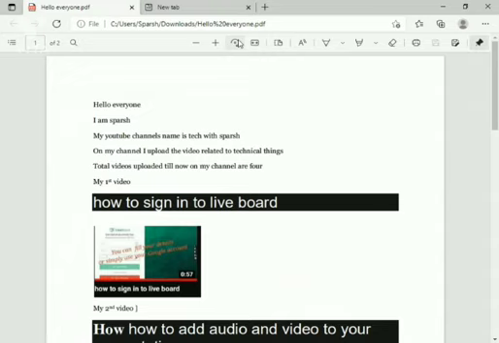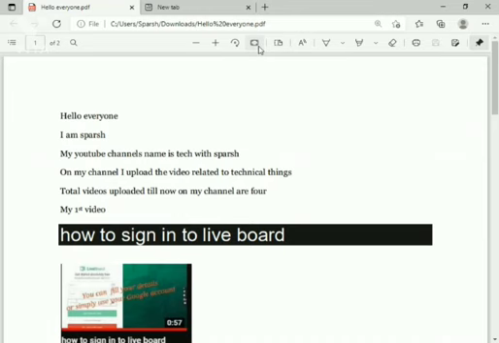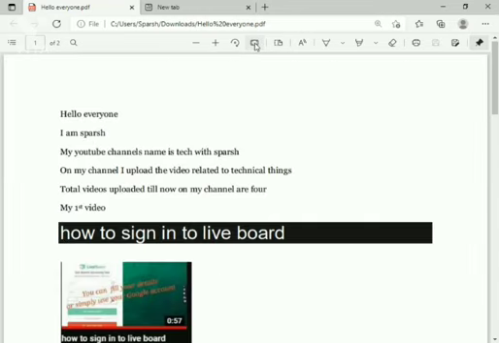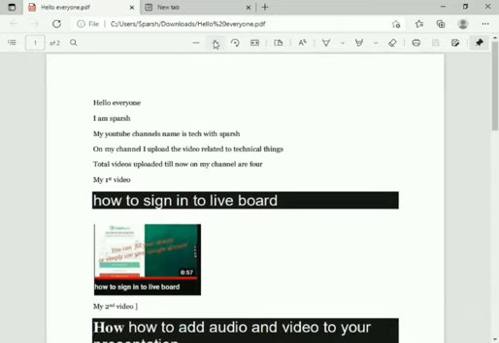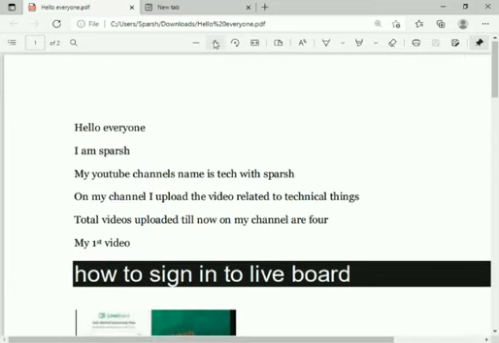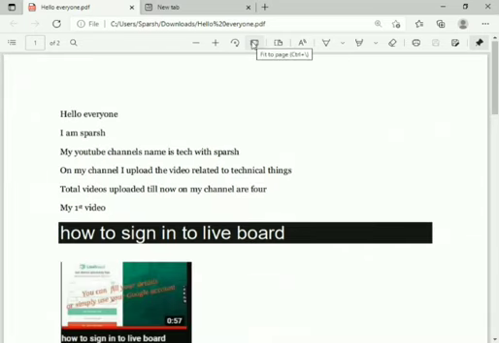The next one is fit to width. I am setting this one by myself with the plus button, but whenever we click fit to width, it will set accordingly so that we can read the whole text properly.